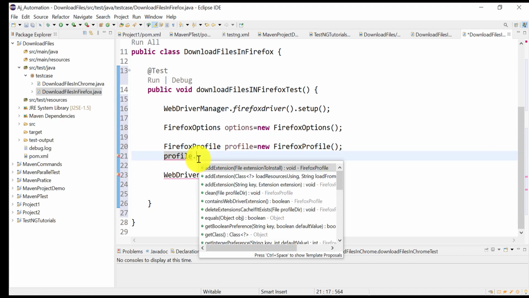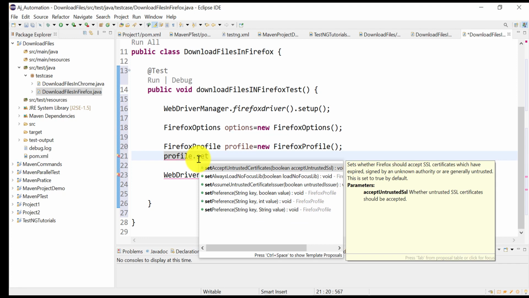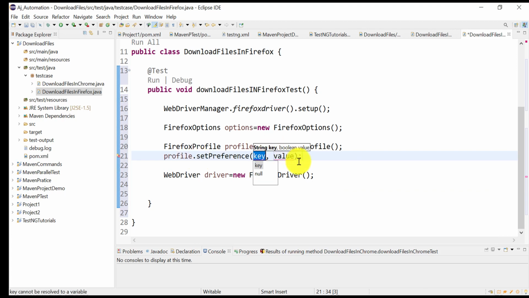So profile dot set, this option, you can see that set preferences. Okay, so again it will save in the form of key and value pair. Okay, so in Chrome options, while doing setting for Chrome, we use the hash map for that, right?